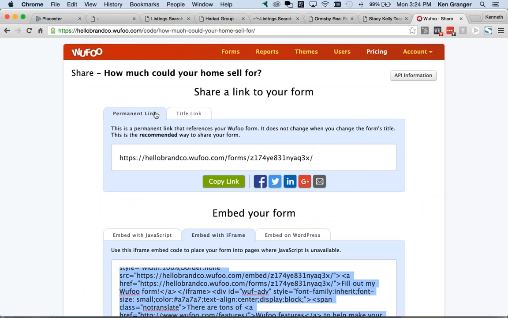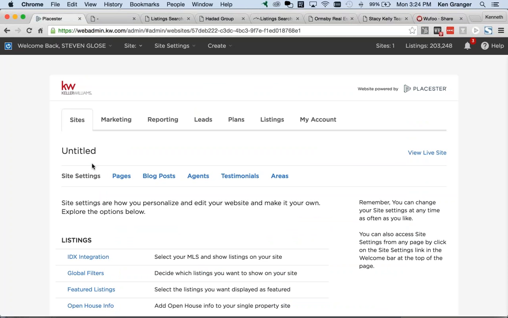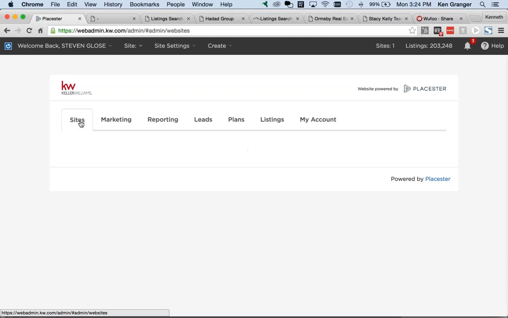We're going to keep chugging through, and now we're going to be talking about how we can play nicely with Google. Now, I don't know if you noticed this before or not, but when you log in to Placester, you're going to see, when you come to the site section,